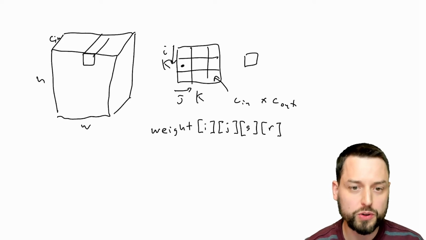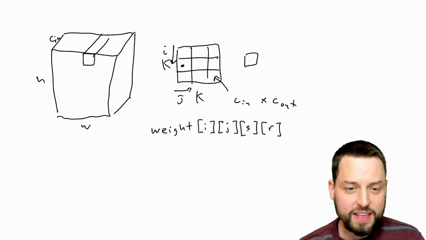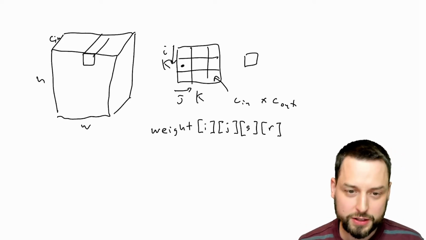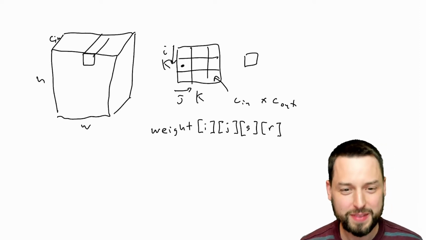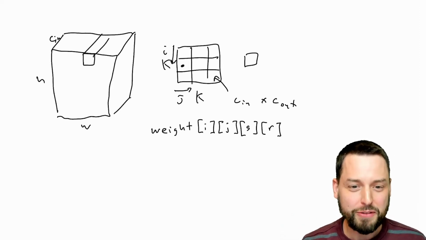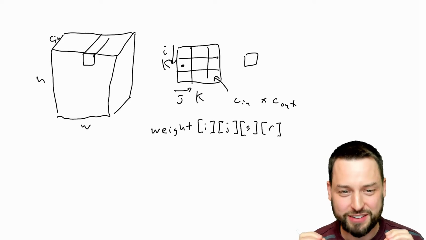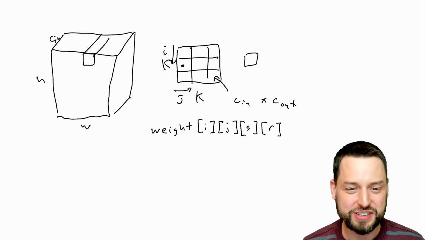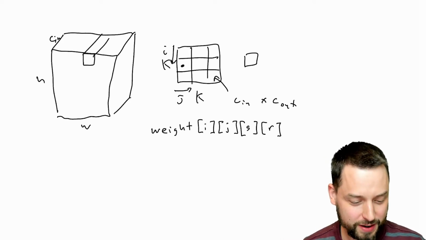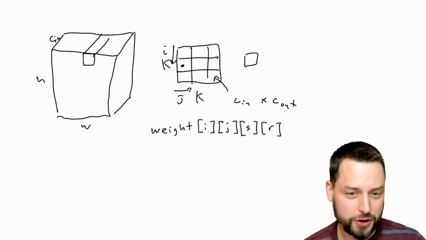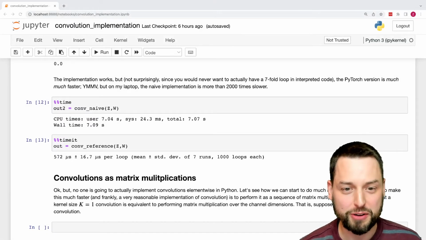So suppose k was equal to 1. In this case, doing a convolution, a 1-by-1 convolution, is just a matrix multiply. Okay, so that's actually very simple. It's just a matrix multiplication. That's all a convolution is. All right, and so let's go back and show how to implement a convolution as a matrix multiplication for